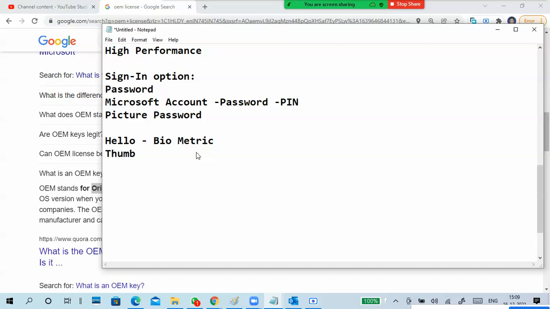So you can use a thumb impression or face recognition, or maybe iris also. But mainly thumb impression or face recognition, like a mobile phone. It is a fingerprint sensor, and face recognition is also there.